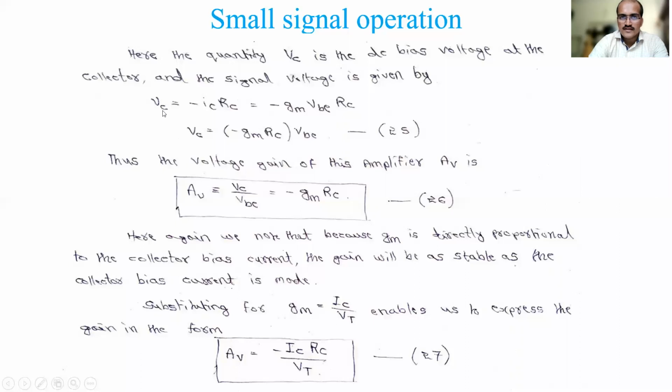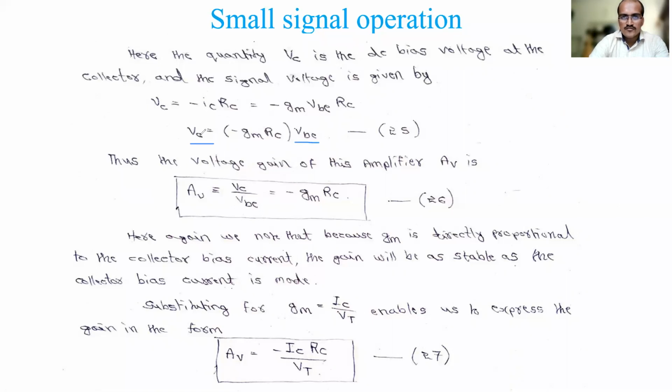For voltage gain, what we require is VB: we have given the input, so we should get the output signal voltage. To get that we have done so many derivations, and we got it as minus IC into RC. You know IC is nothing but GM into VB from the previous relation. So GM VB into RC. GM and RC I will group with VB. Now this is my output voltage and this is my input voltage. VB is given at the input side, a small signal in the circuit, and VC is the output voltage.